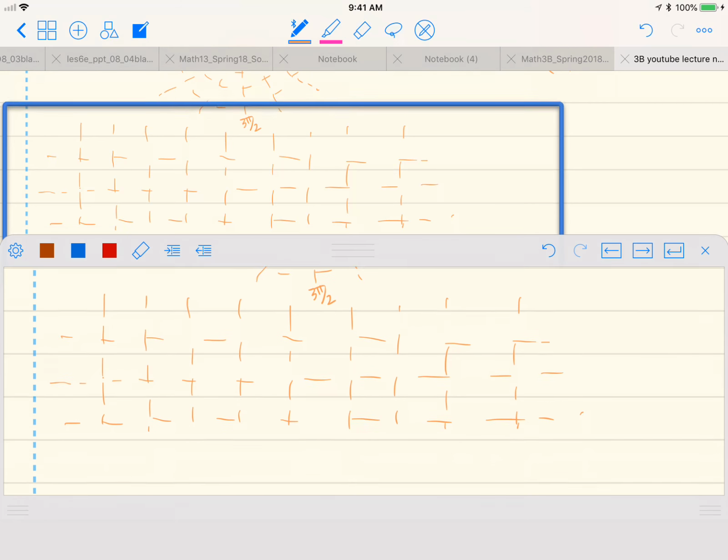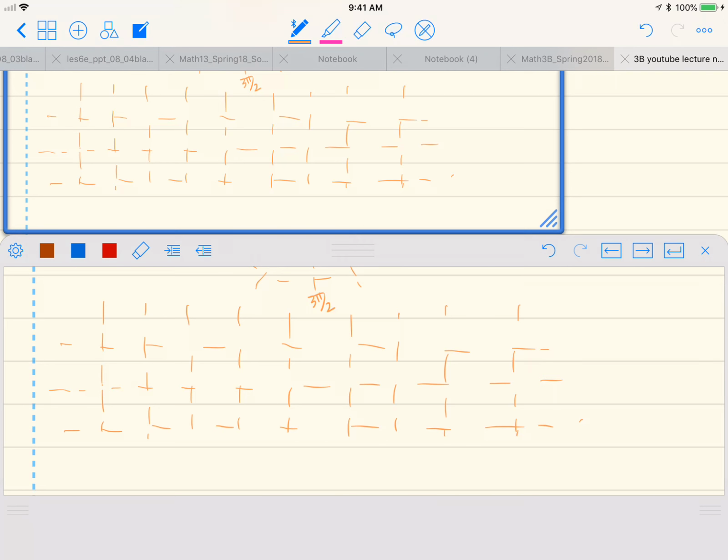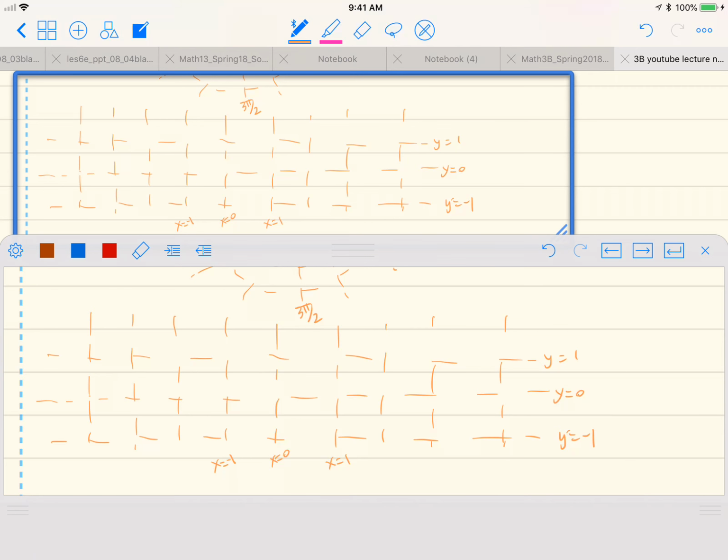And so now imagine I've got this grid, where this is y equals 0, y equals 1, y equals negative 1, x equals 0, x equals 1, x equals negative 1. Now you could say, okay, here's my origin. And if someone gave you coordinates 2 comma 3, you would say, okay, I need to go x equals 2, so let me go over to 2,